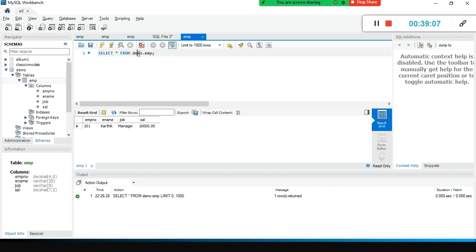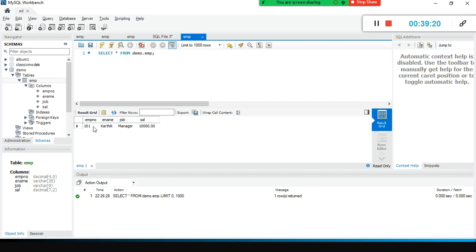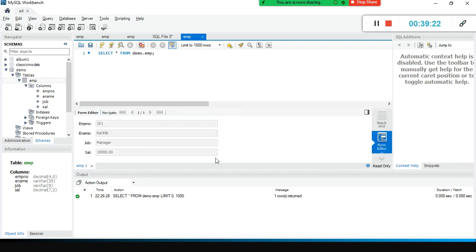This employee table is in the demo database, demo.emp. It queries all the data and shows it to us. We also have something called form editor. You can go to form editor or result grid. In form editor you can edit the data also, but since it is read only here, you cannot edit it.